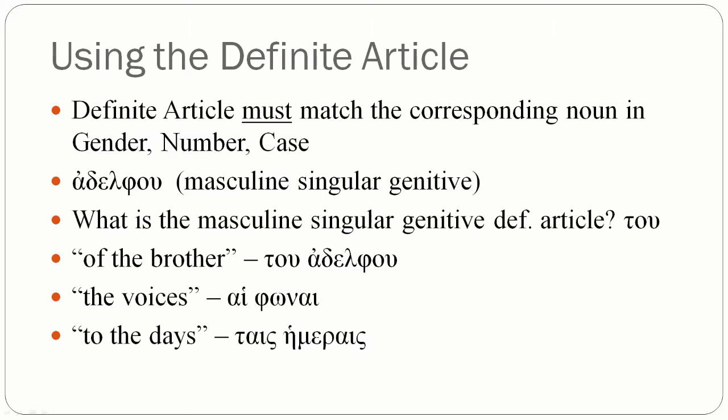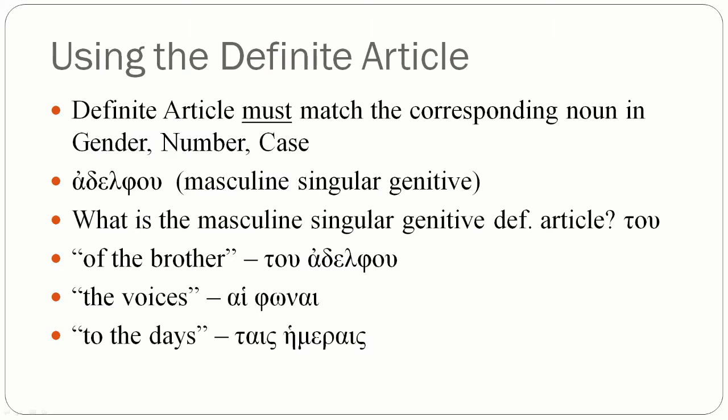I've put here the word adelphou. Okay, adelphou is a second declension noun. It is a masculine singular genitive. Okay, gender is masculine, number is singular, and then case is genitive. Okay, now if you want to say the brother, or of the brother, okay, because it's genitive,